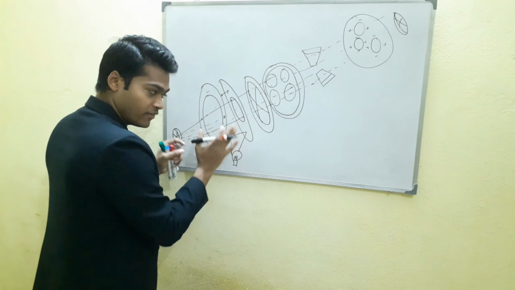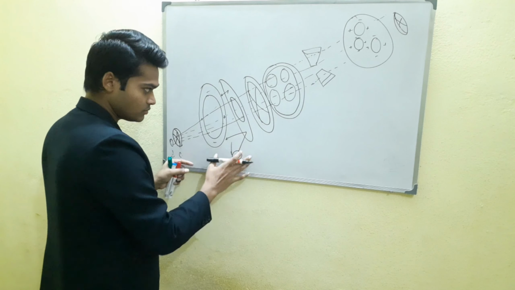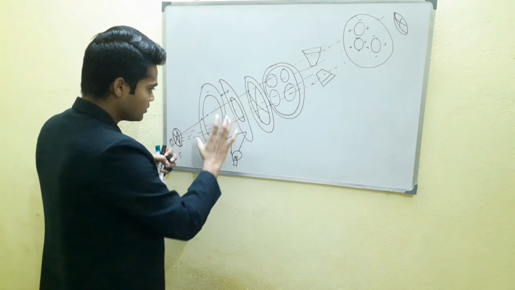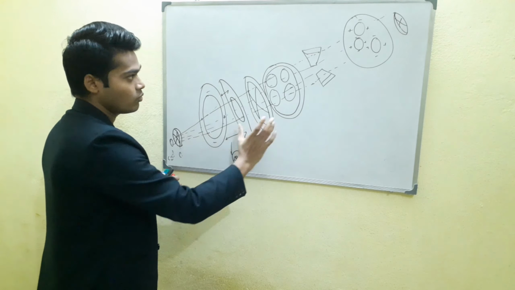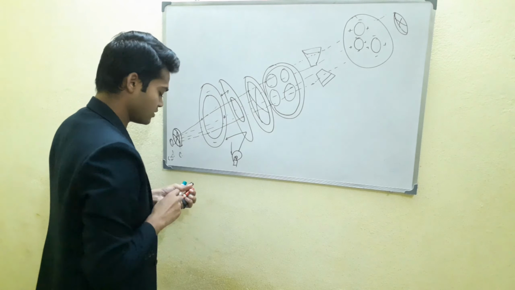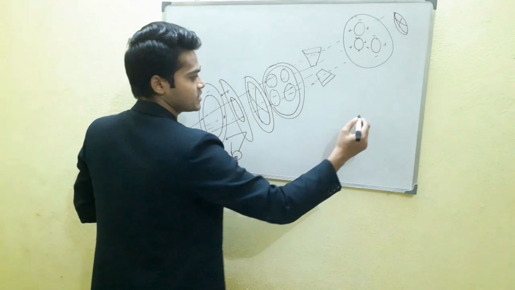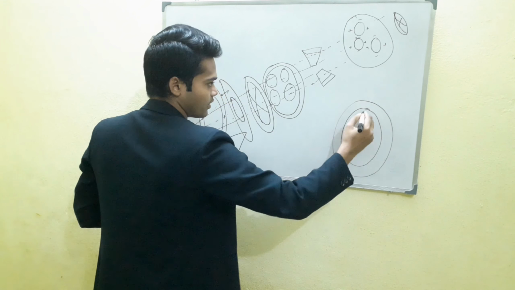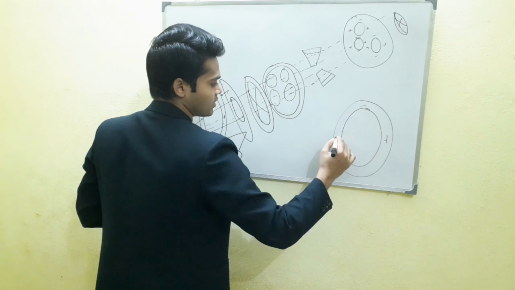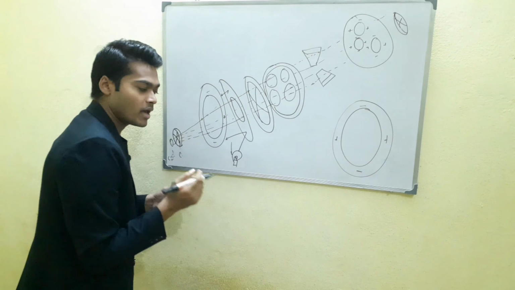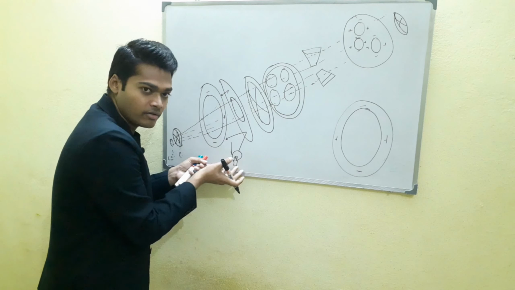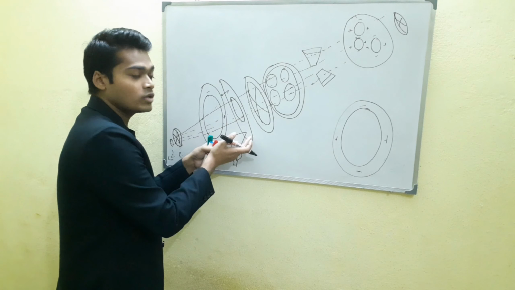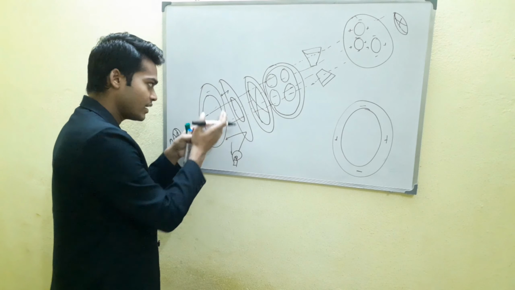So if up to this everybody is clear, then we move to the next part. Just I draw it separately, what is Meyer, I draw it here, right, no problem. This is a Meyer. Basically this is the actual shape of Meyer, right? Here is a minus sign, here is a plus sign, here is a plus sign, here is a minus sign, right? What actually happened? When the bulb starts glowing, when you supply the line in the keratometer, the bulb starts glowing and the light falls onto the mirror. After the mirror, suppose this is the object,